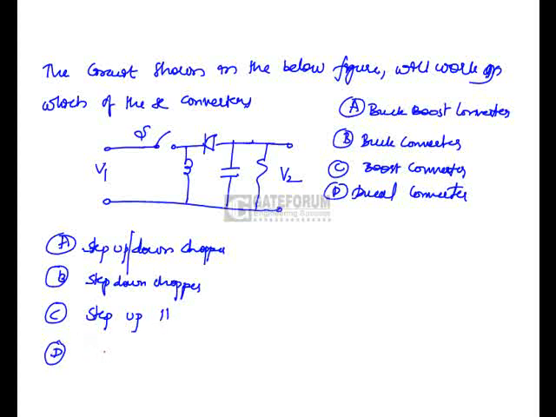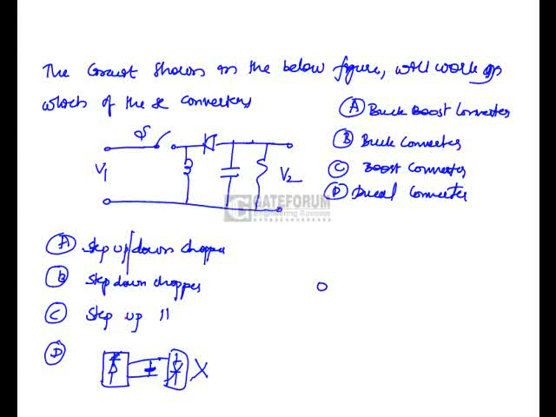A dual converter is an anti-parallel connection of two back-to-back converters. This is a load. This one is a rectifier, and this will act as an inverter. This is what a dual converter is. Remember it always like this. So we can eliminate the dual converter option directly, since you should have back-to-back connections in anti-parallel manner, where one acts as an inverter and the other as a rectifier based on the firing angles.